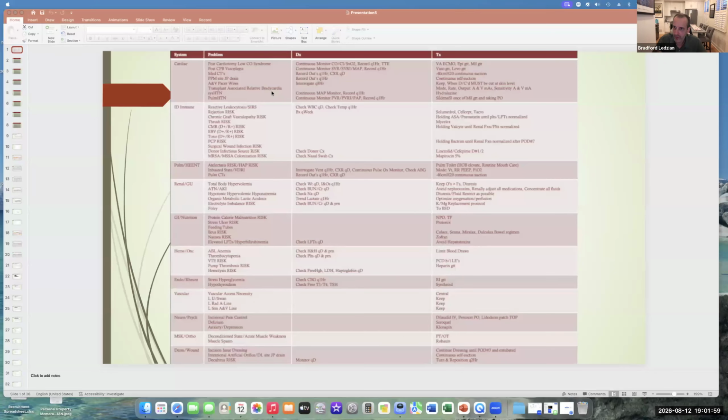So for cardiac, for us probably the most important system, they have a post-cardiac low cardiac output syndrome, meaning that they have cardiogenic shock associated with the fact that they had an operation on their heart. Maybe it's exacerbated by the fact that they had either acute or acute on chronic heart failure to varying degree for one reason or another. What are you going to do about that?